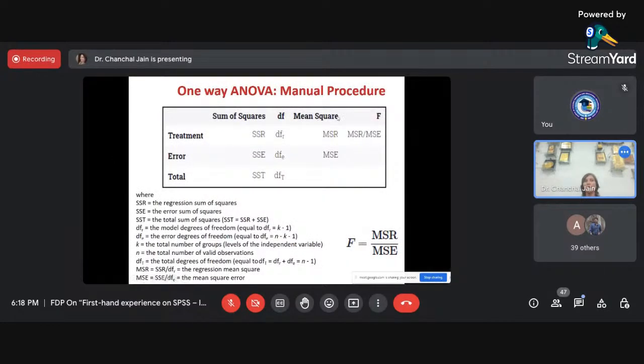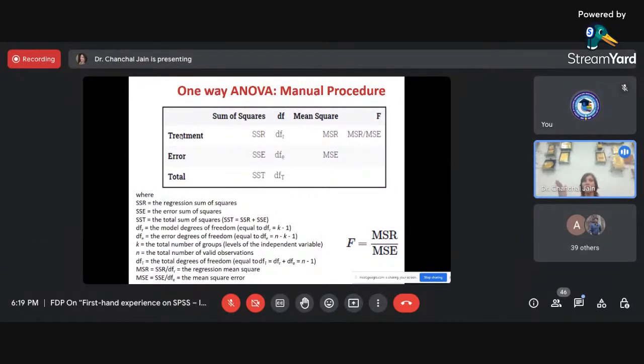This is the table which we will get as an output of the one-way ANOVA. In that, you will get the sum of squares for the row, means for the row, and if your data is available, it will give you the means between and within also. When we get the output in SPSS, it will come in terms of between and within, because